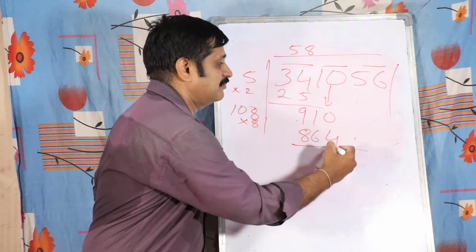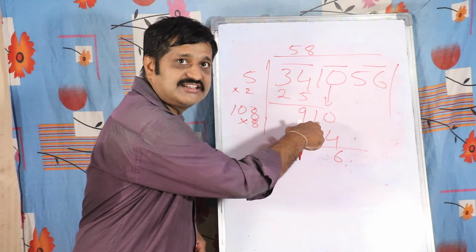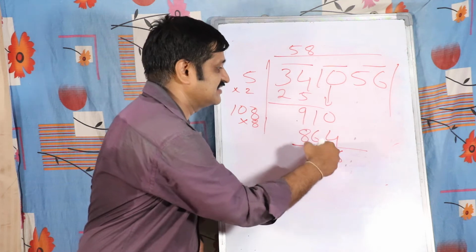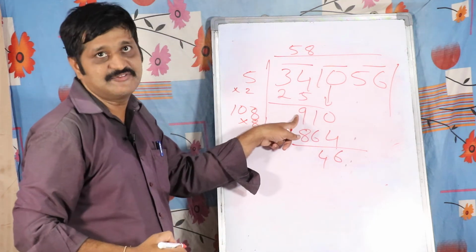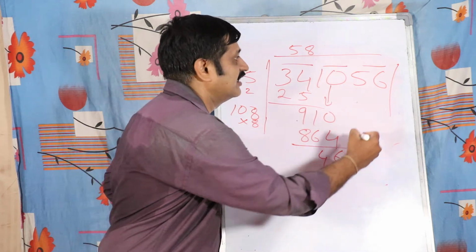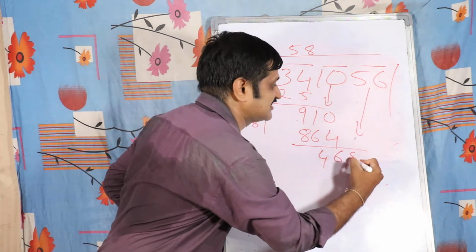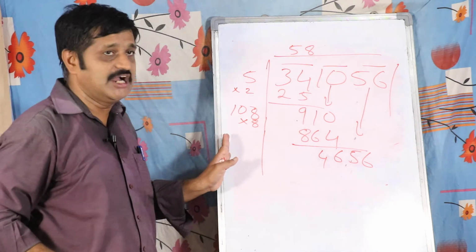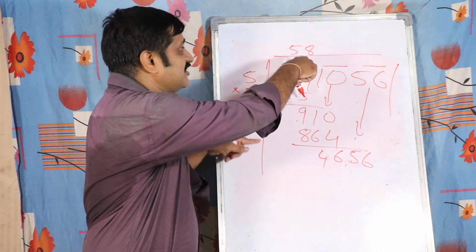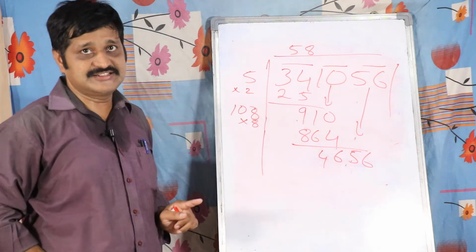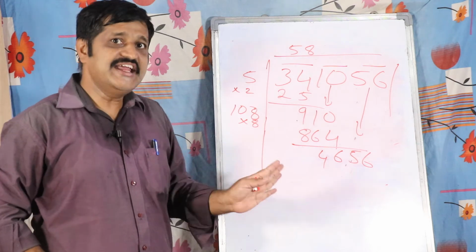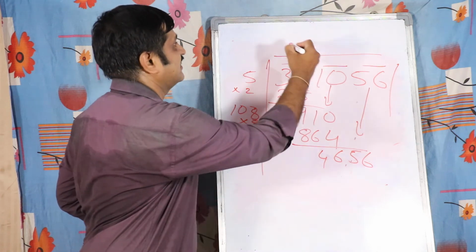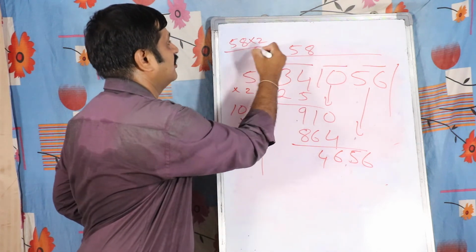Okay. So 10 minus 4 is 6 here, and here you will get the 0, and you have to borrow 1 from the 9, it is 10. 10 minus 6 is 4, and here 8 is left, 8 minus 8 is 0. Okay. And in the next part you have to drop the 56. Okay, clear? Then the next part, what we have to do? Here the quotient so far is 58. Double the 58. 50 into 2 is 100, 8 into 2 is 16. So double of 58, 58 into 2, is 116.